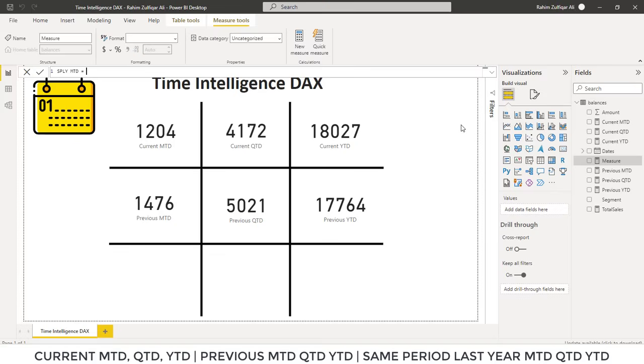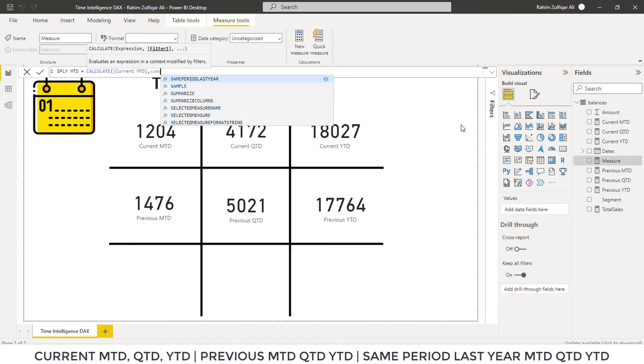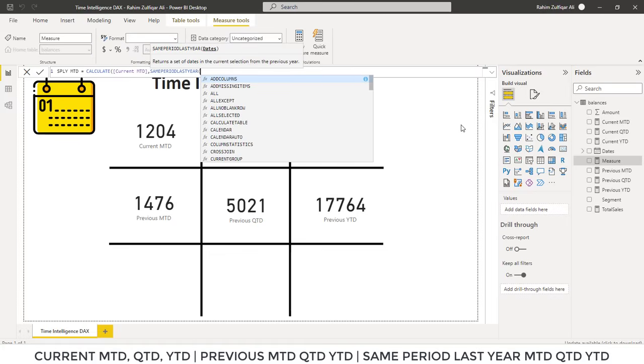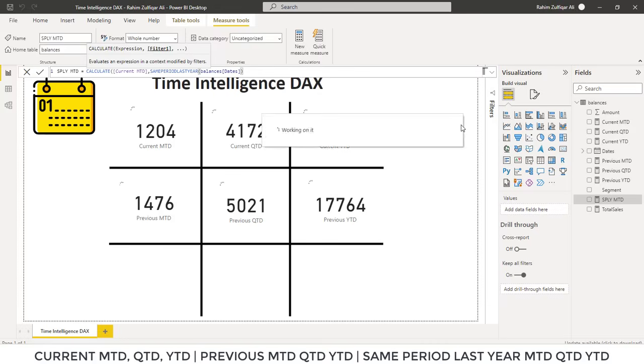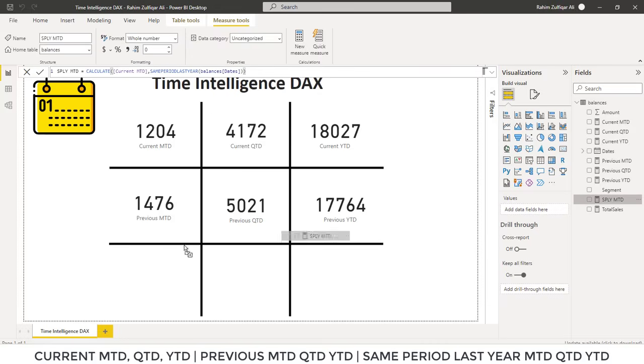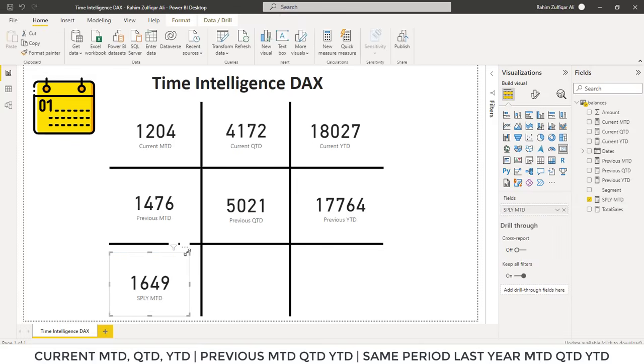Okay, and I will start with CALCULATE, and in the expression I will have the current MTD explicit measure, comma, then I will write a DAX function, which is SAMEPERIODLASTYEAR, in the filter of CALCULATE, and here I will select the dates column from my balances table, and I will close the bracket. So same period last year MTD balance will be here, and I will convert it into a card, which is